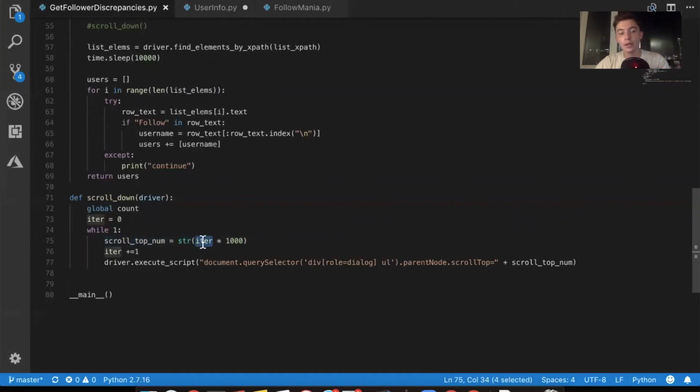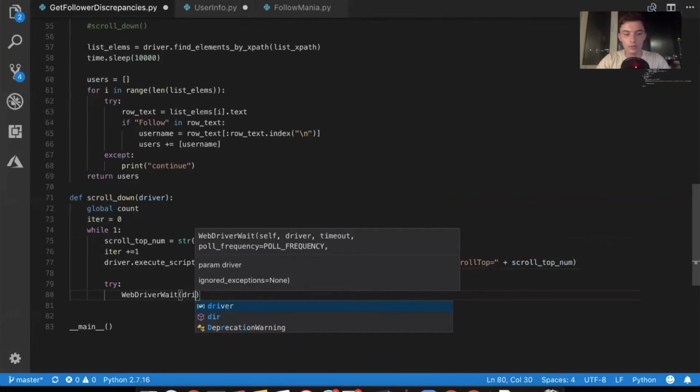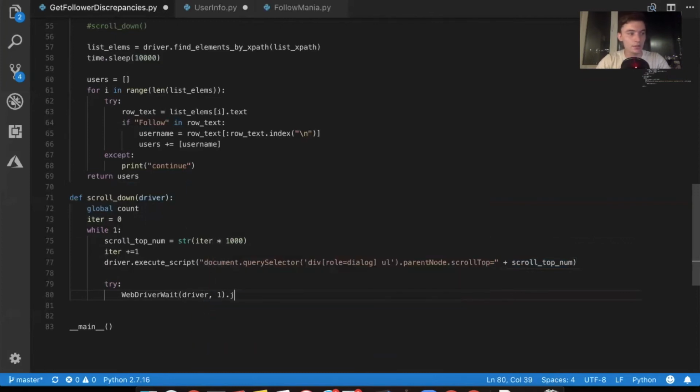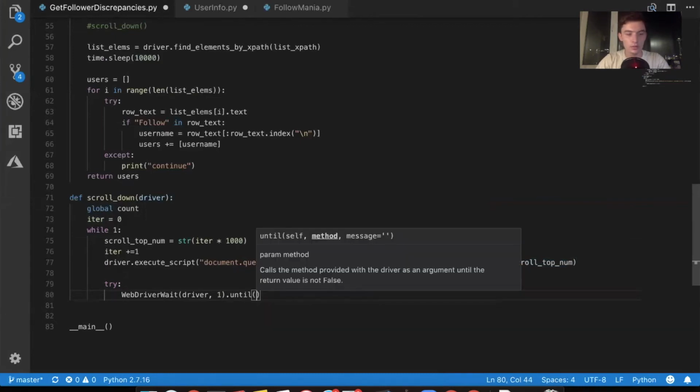But let's say we're on iteration 10, that's 10 times 1000. We turn that into a string, and it's going to plug that into here, and so that number is going to grow each time. And now we're going to do another try. WebDriverWait(driver, 1 second).until check